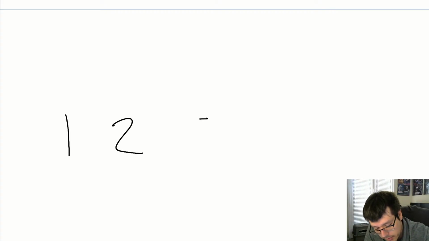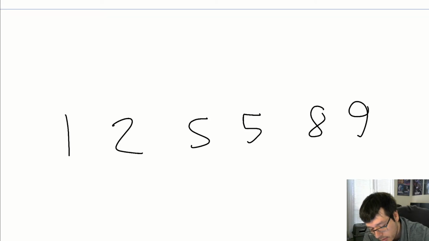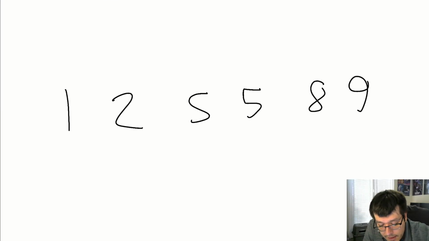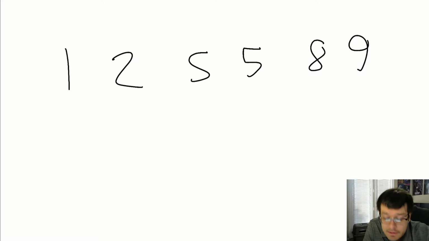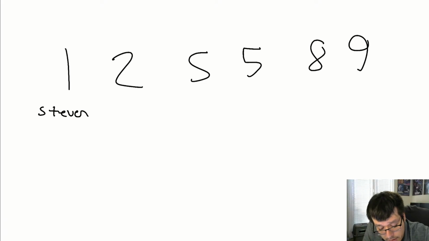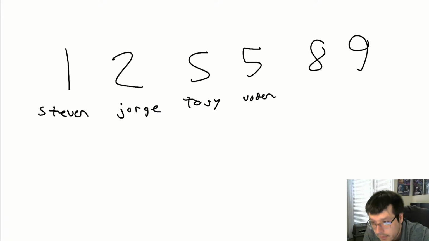But yeah, let me explain in layman's terms what this means. So when you're sorting a list, like the one we did before, there were two 5s, that's what I remember. So let us say that this sort we're doing is not just any numbers, okay? Let us say that these numbers are actually student ID numbers, like NC ID numbers or something. So for example, student 1's name is Steven. Student 2 is Jorge. Student 3 is Tony. Student 4 is, I guess, Voden, 64. And then student 5 is,